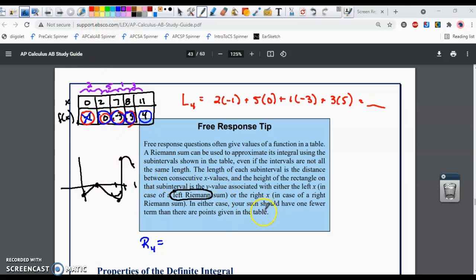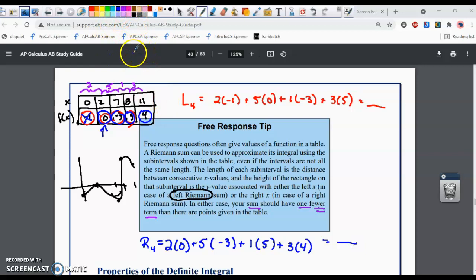But the free response tip says make sure that your sum only has one fewer term than there are points in the given table. Because again, my right sum is going to be this base is 2, but now my height is 0, because it's the height on the right. And then my next base is 5, and my height is -3. Next base is 1, and my height is now 5. Next base is 3, and my height is now 4. And then I would add this together and get